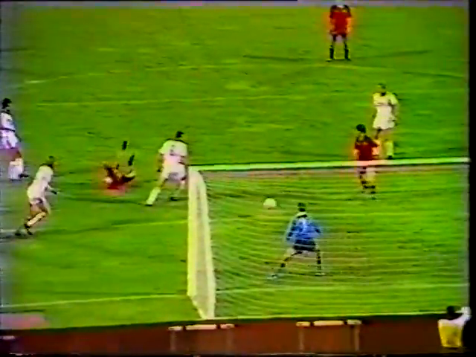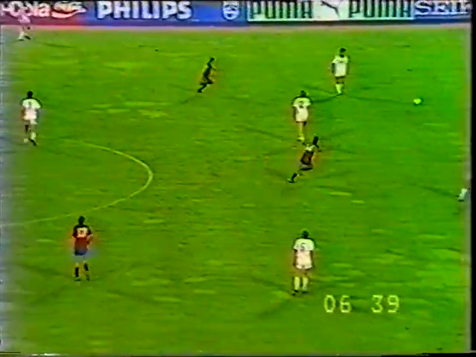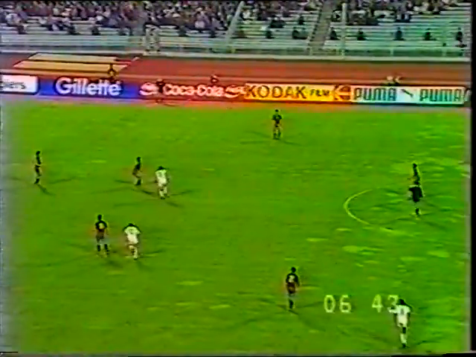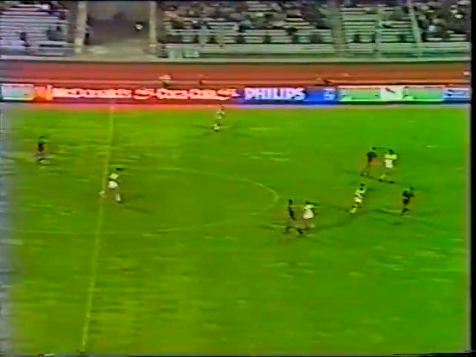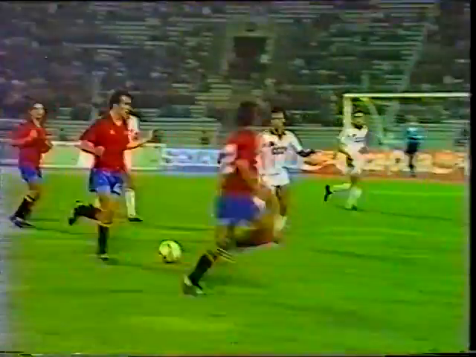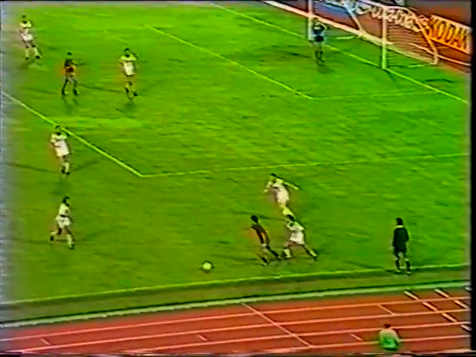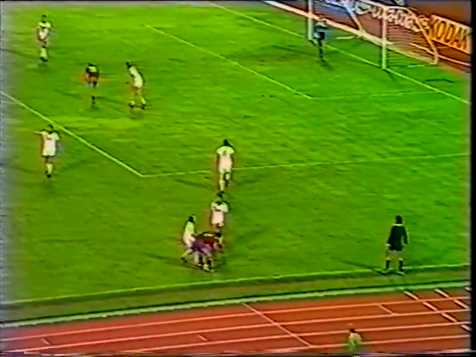Gay did so well to pick a route to the byline for the cross. Down from Francis, back from Fernando, and then Francis conjuring up an overhead kick. And it's just belted forward by Chedia. The Soviet Union crowd quite happy if the ball's in the Spanish half, but it's not now. And here's Pardo. He's already scored a goal in this competition, and